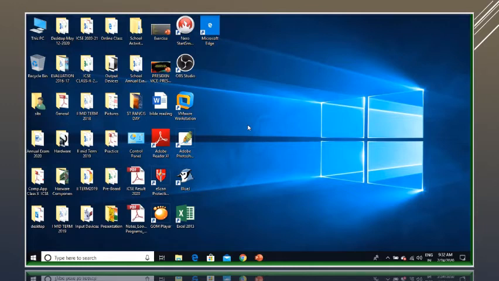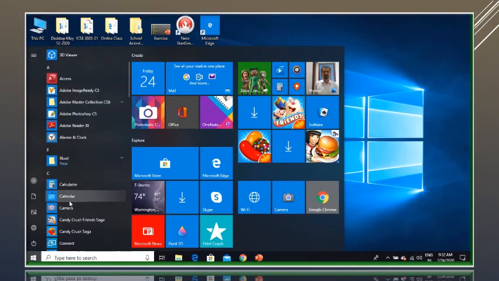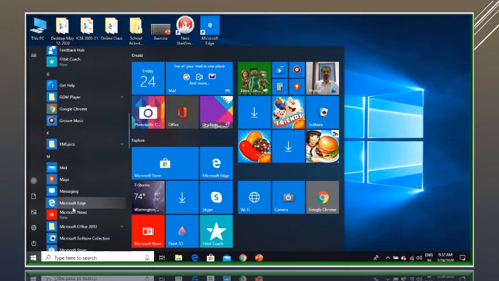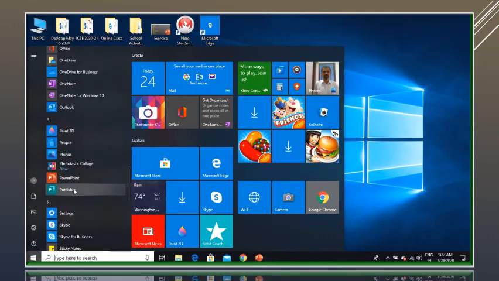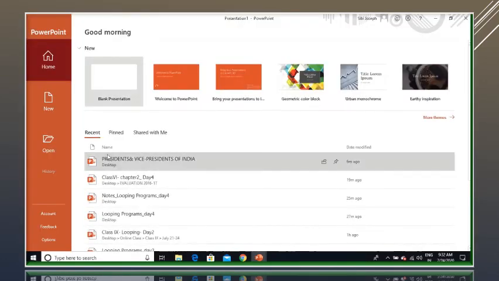And at the same time, I need to get help from the internet on the topic by using Google Chrome. So first, I need to open the MS PowerPoint application. I am opening the PowerPoint application. The PowerPoint window is opened.